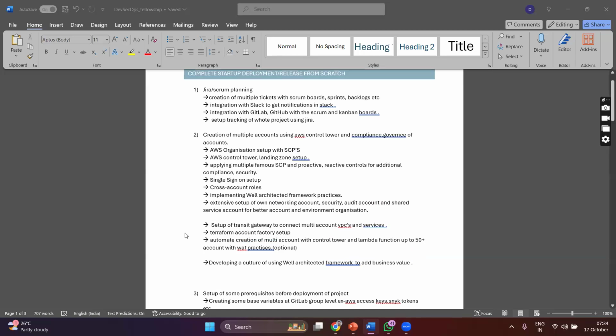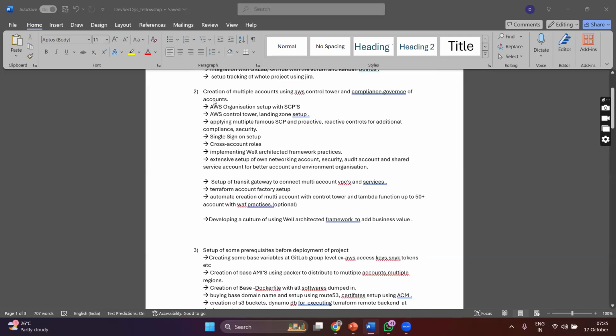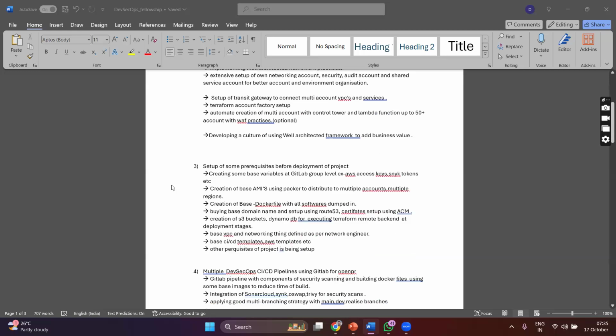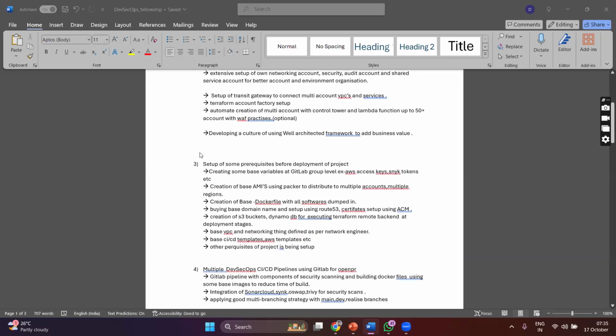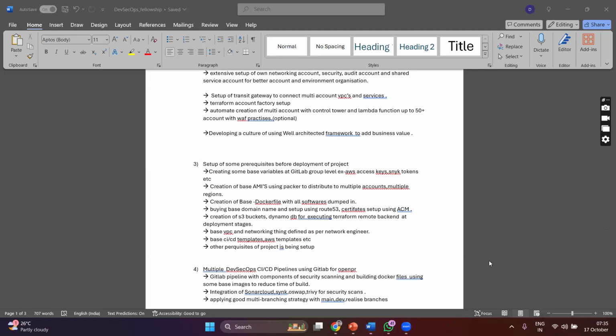Okay. As I said, the first three things will be around prerequisite setups. This is also a prerequisite whenever you're deploying your whole startup from scratch. I mean, from scratch means scratch. And third will be around setup of some prerequisites before deployment. Before the deployment stage, you will have some prerequisites to be done because these are must things. First one would be around